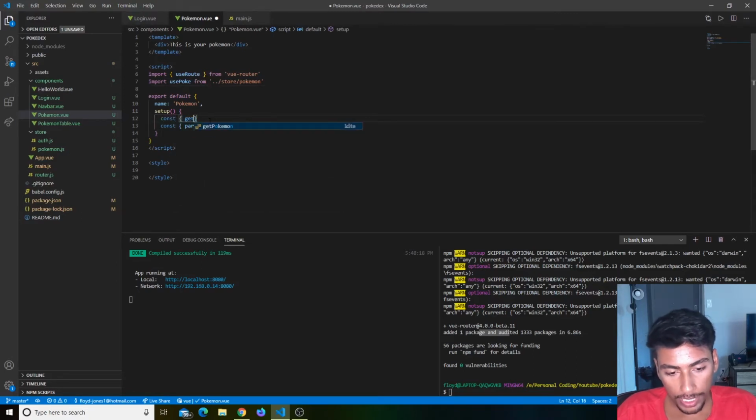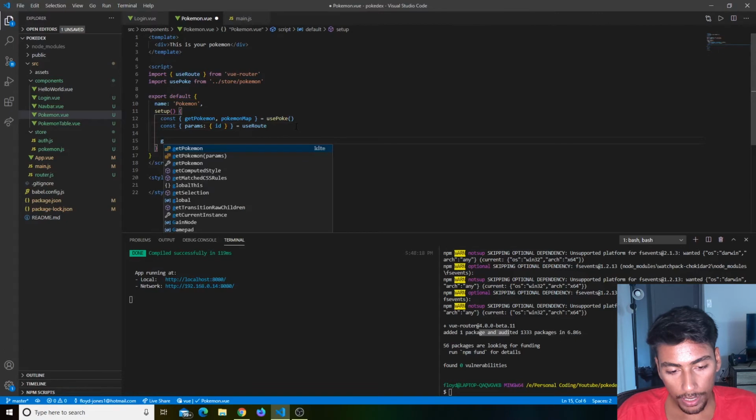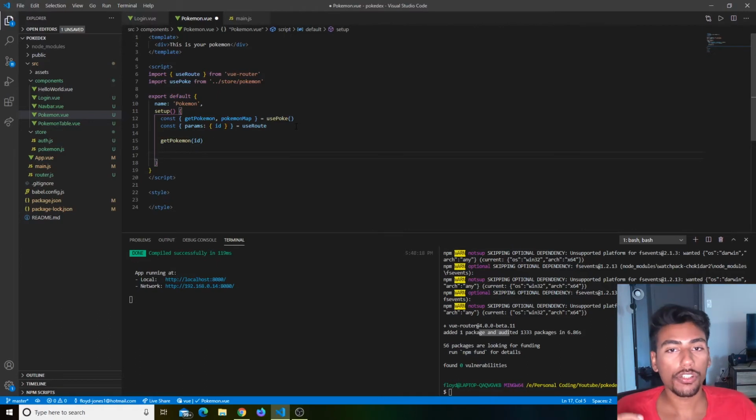So const getPokemon, and then we also need to get our Pokemon map from our usePokeState. Cool. So now we have that, and we have our ID over there. So all we need to do now is pass our ID inside the function over here. So we pass that ID there, and that fetches our specific Pokemon. And at the very end,